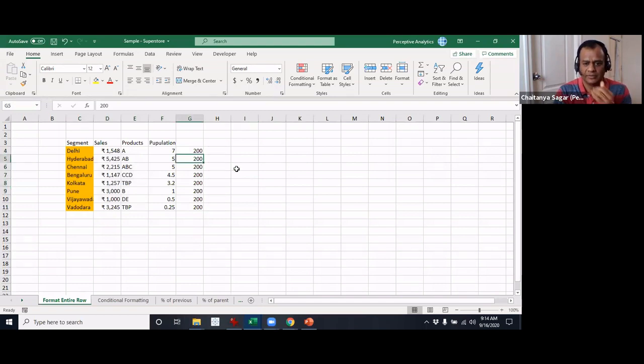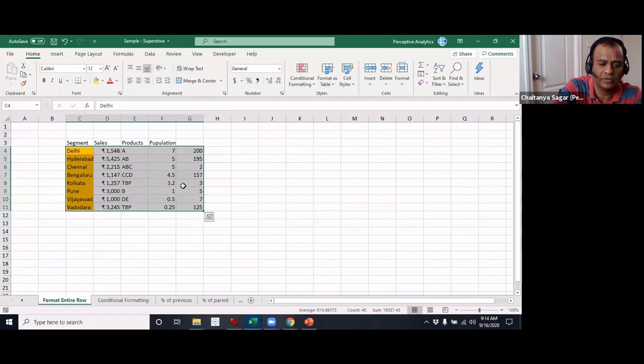So actually, let me do this. Let's say I'll put in 195, something like that, so that we have some other number, right? 357, okay, something like that. And then right now we anchored it to G4, and that's the reason why you can see this whole thing is getting highlighted. And to figure out how exactly it's working, see, basically this is how it works.